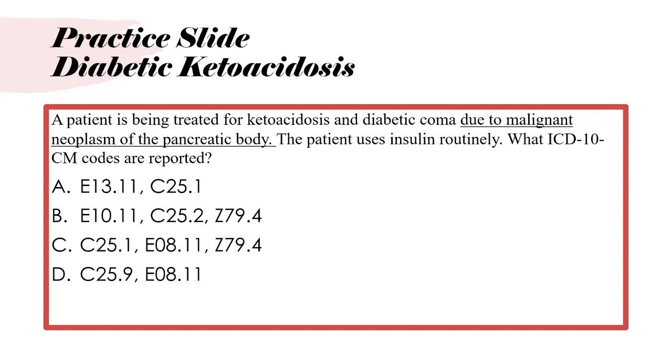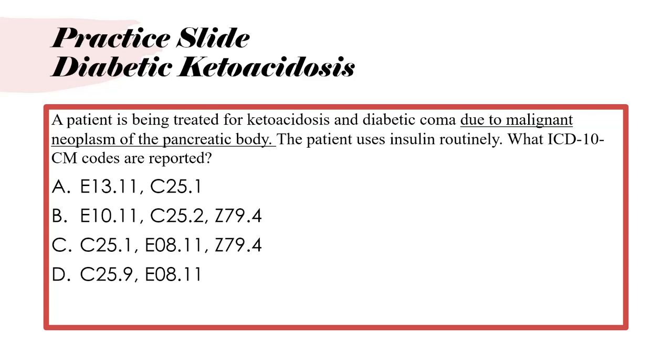But this diabetes the patient has is not a type 1 or type 2 diabetes. The reason this patient has diabetes is because they have a cancer on the pancreas. Now, if you have cancer on the pancreas, your blood sugars will not be normal because of the cancer being on the pancreas. So what we would call that type of